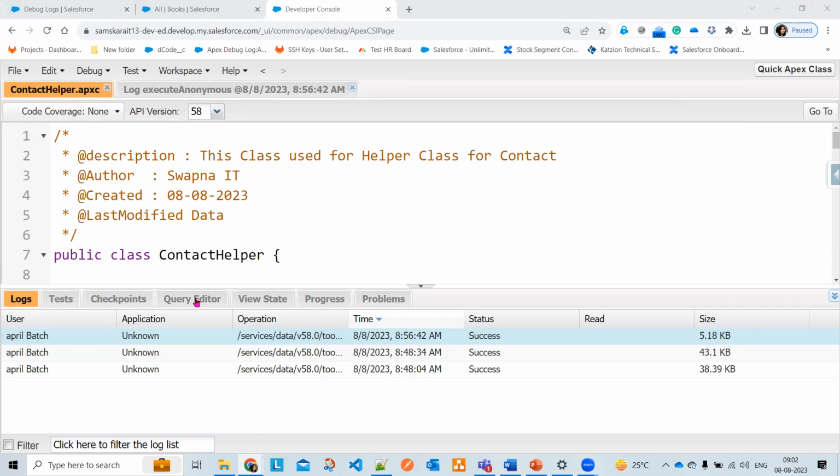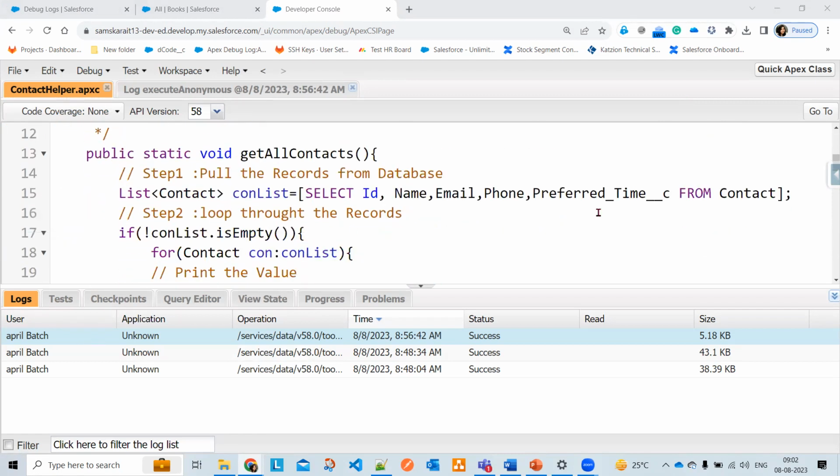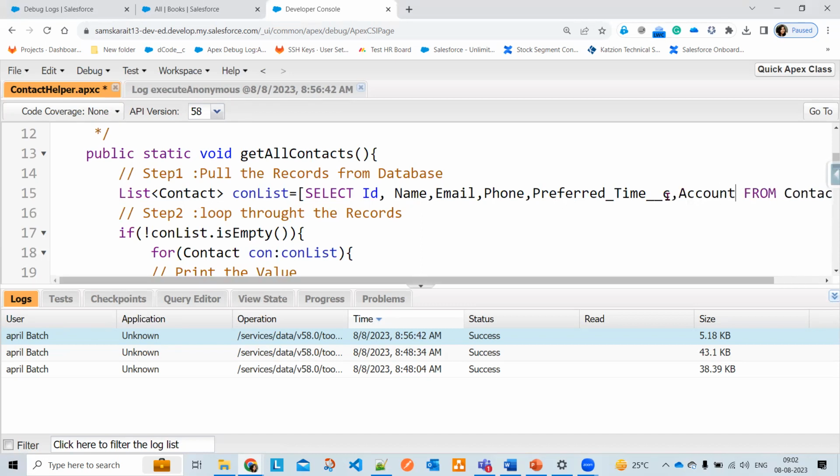Now let's assume that I am in the contact, right? Now I wanted to get the account name. Let's suppose that account and contact, what is the relationship it has? Master or lookup? Lookup relationship. So let's assume that I wanted to bring the account name or account rating. In that case, directly you can use account dot rating,